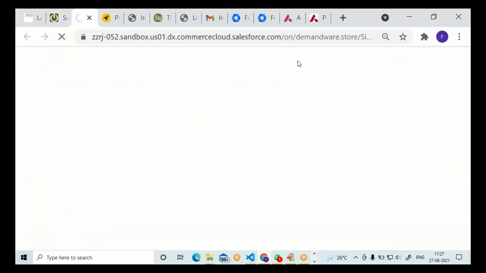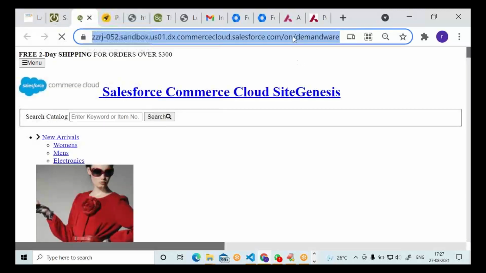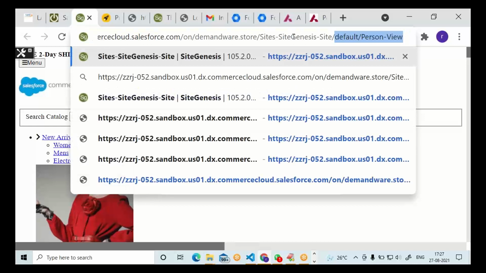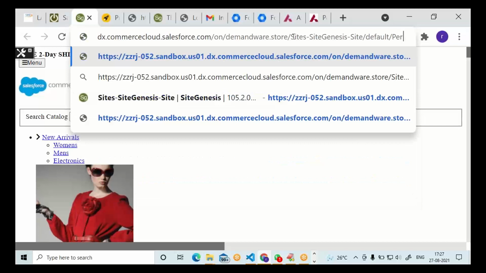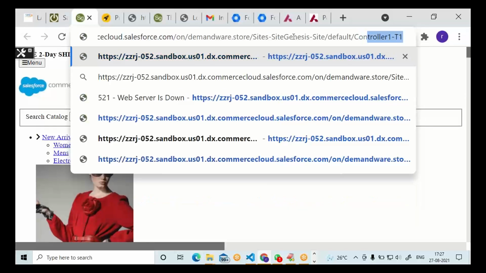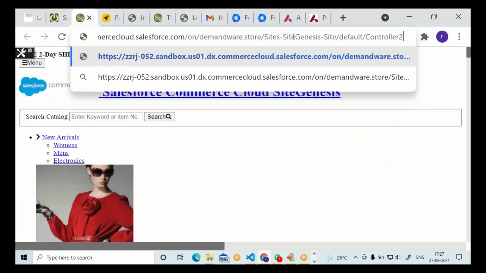Click on storefront. First select the site as site genesis. Afterwards, click on storefront and go to the default. After default, you need to specify controller2 hyphen task1.